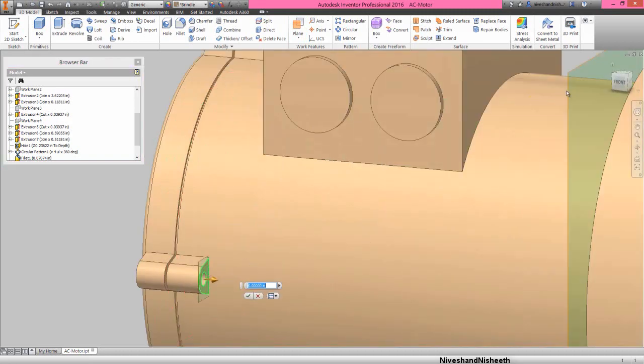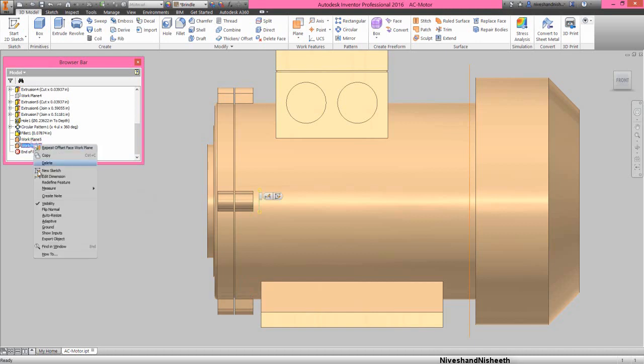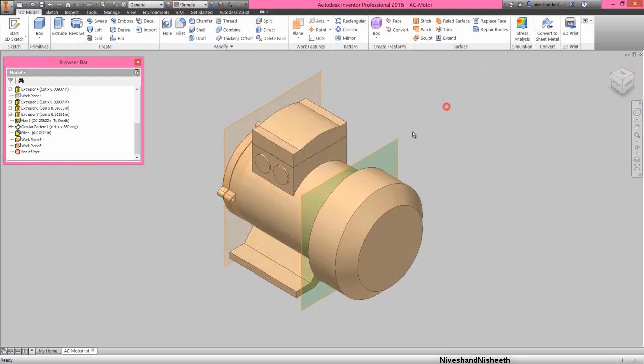Now we will create another work plane at an offset distance value 0.19685 inches from the whole face. Now we will create the new sketch on this plane.